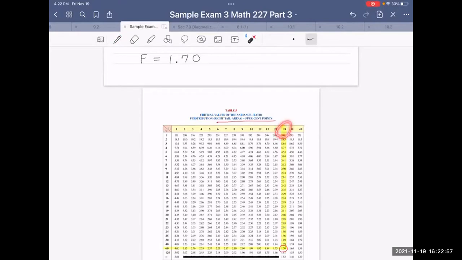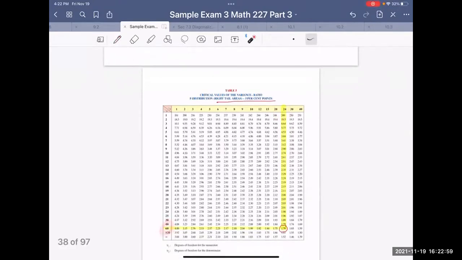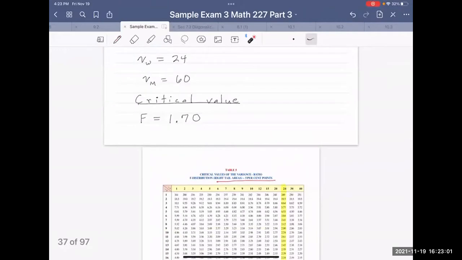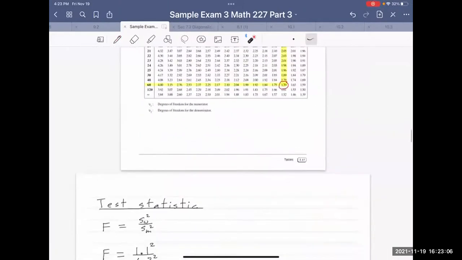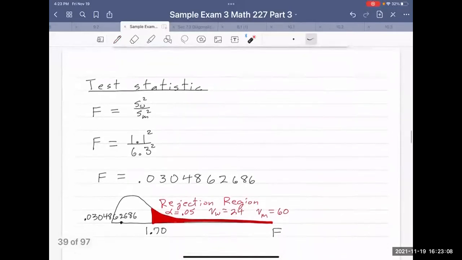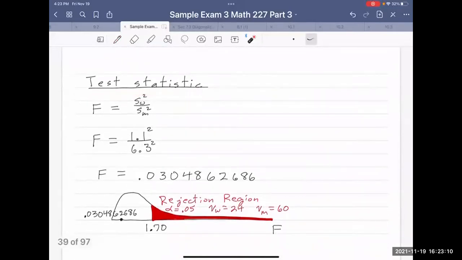Degree of freedom in the numerator is 24, denominator 60, so 1.70. Let me calculate my test statistic. F is equal to, since I'm testing the equality of population variances, then they cancel. So my test statistic becomes easier. It's just the ratio of the sample variances. So 1.1 squared over 6.3 squared,